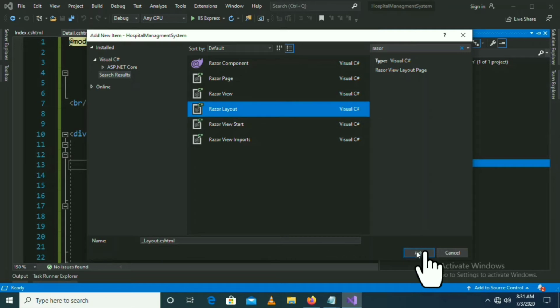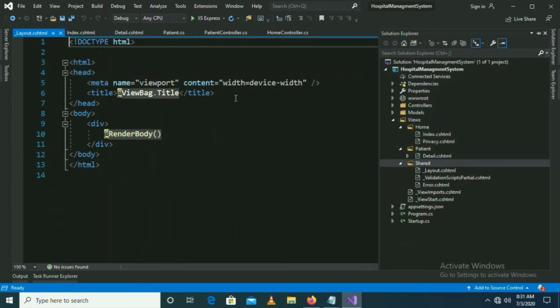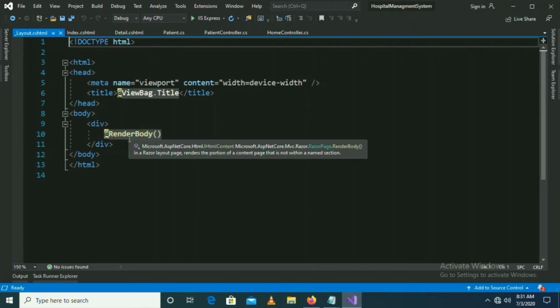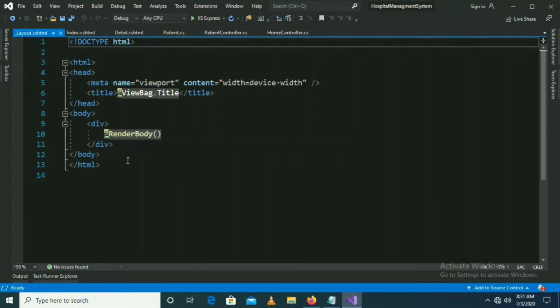Now press Add. It will create a layout for us, and this is the section, actually @RenderBody. This is a section in which our pages get rendered. For example, if we change from view 1 to view 2, then this is the section where these changes happen. Other sections are as they are throughout our application.